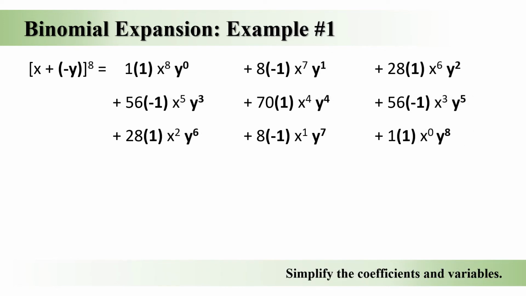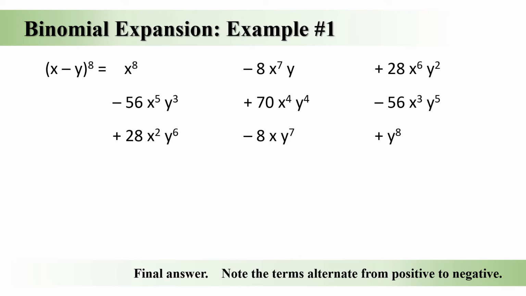Remember that any negative value that's raised to an even degree, in this case negative 1 raised to 0 or 2 or 4 or 6, is going to produce a positive result, or in our case specifically a positive 1. While any negative 1 being raised to the 1st, 3rd, 5th, or 7th is going to still produce a negative 1,